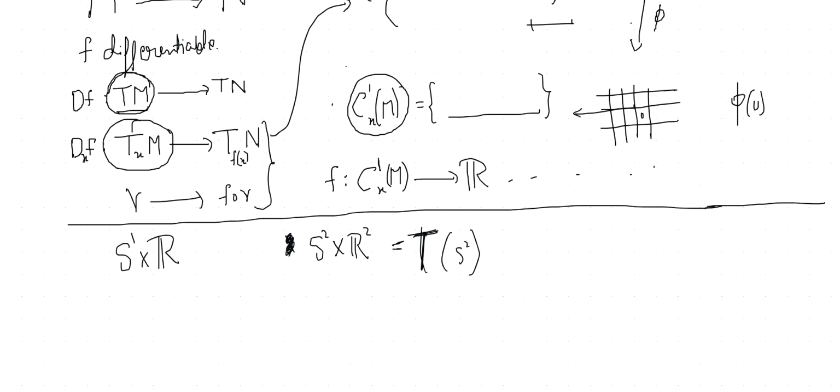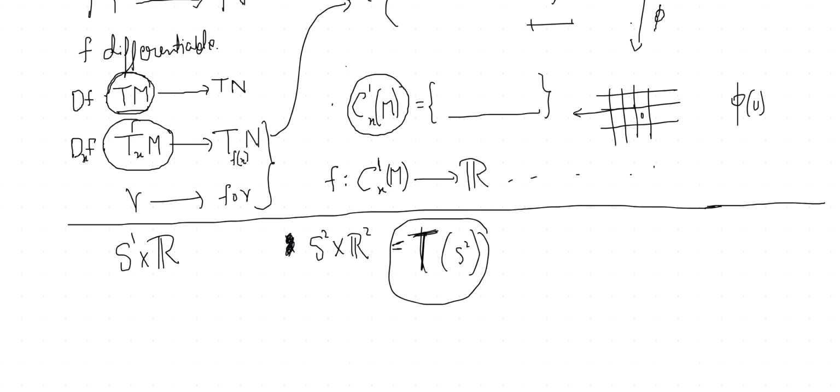But it's just this abstract space, TS2. I don't know more than that. It could have some interesting meaning. That's a good question. What is it? We should try to find out. It's not S2 cross R2, that I know, and even to prove that is a bit tricky. That requires the hairy ball theorem, if you may have heard of it from algebraic topology. That can be applied to prove that it's not S2 cross R2. So things get very interesting.